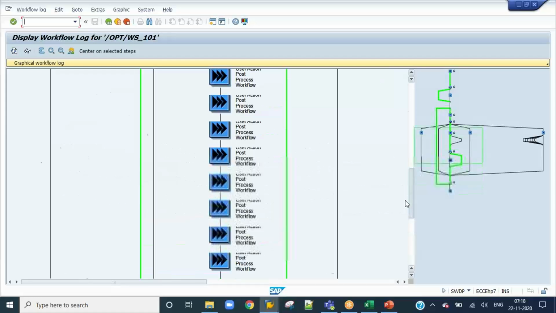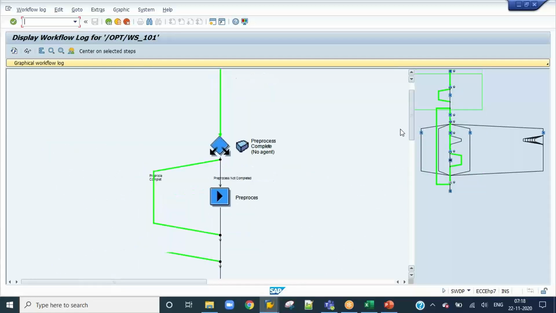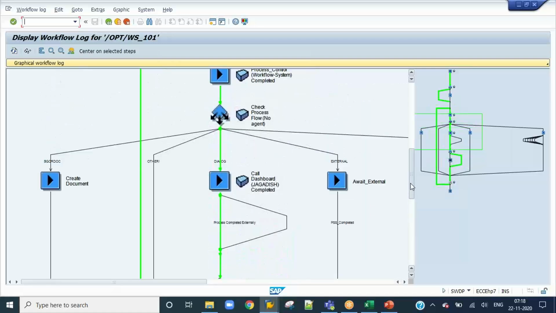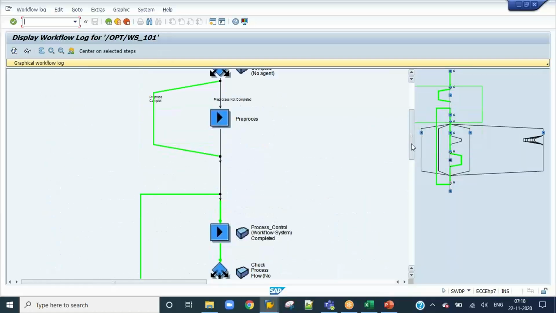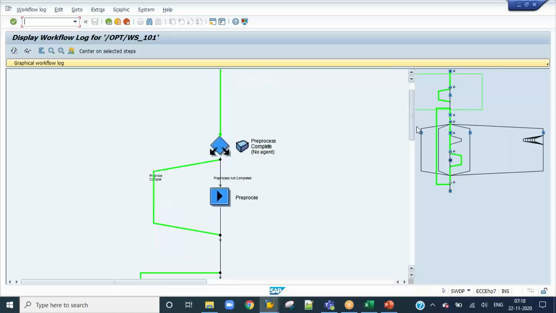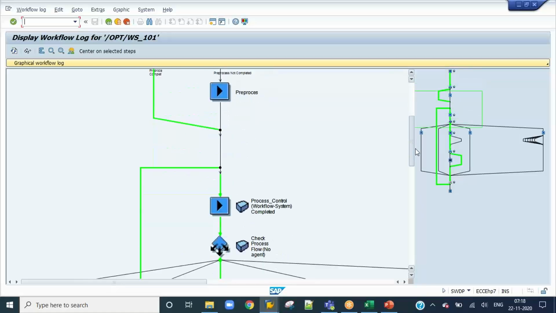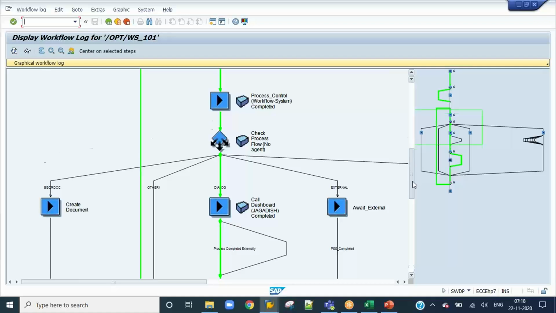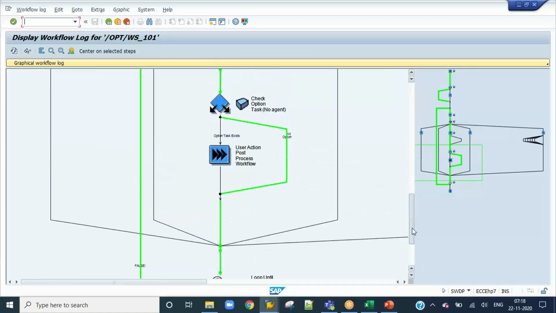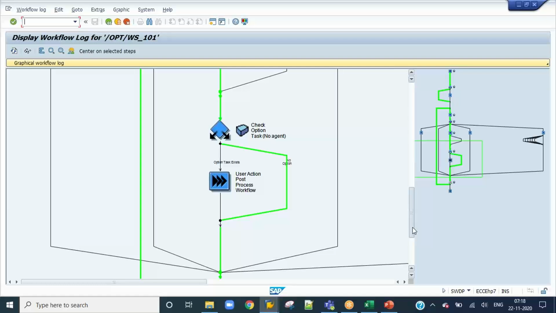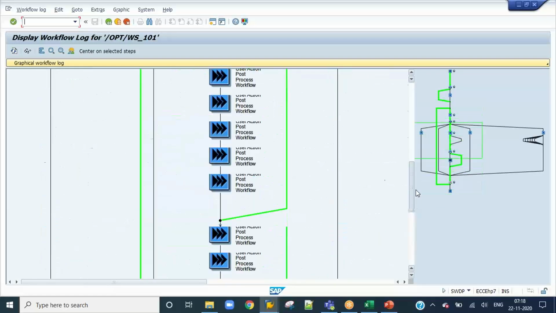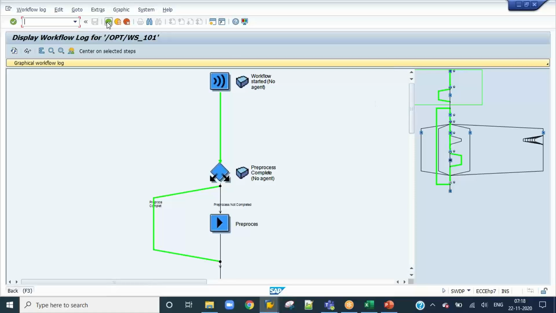This is not required for you, but just have the knowledge; don't open this. This is a workflow engine where you can see the workflow task, how your VIM workflow is triggering, at what stage it started, and how it went. You will not see the exact details, but at least a diagram, a flow chart, you will see from here. The transaction code is